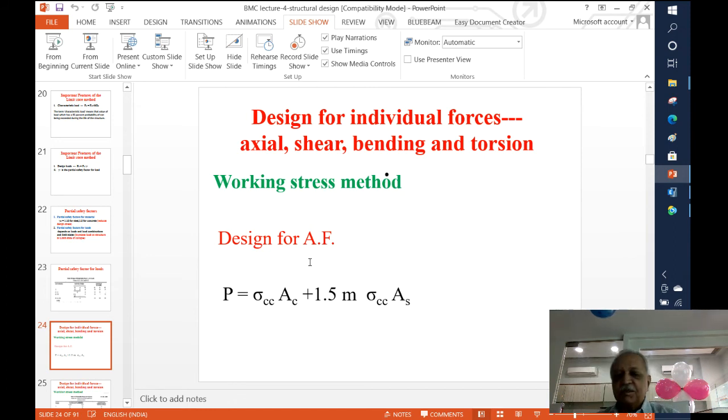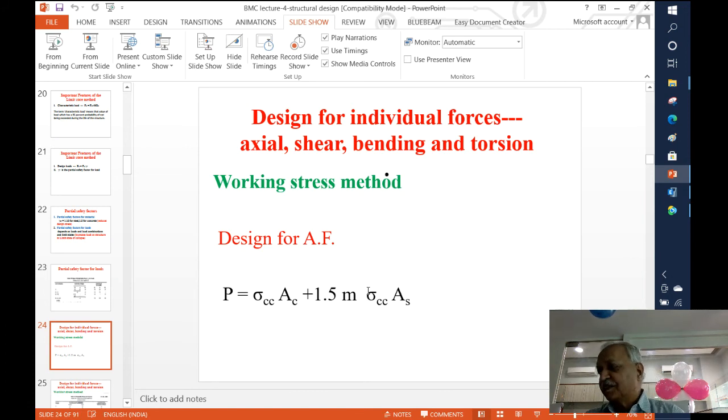In the working stress method, the capacity is calculated in a very simple way. The total axial load carrying capacity of the member is equal to the permissible stress, which we have seen for the working stress method as the ultimate stress divided by the factor of safety, into the area of concrete, as simple as that. Plus now we have got a concept involving